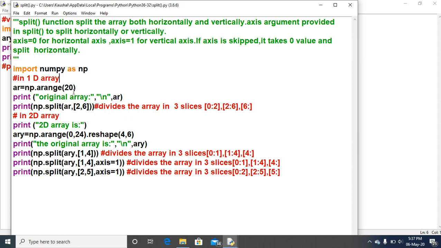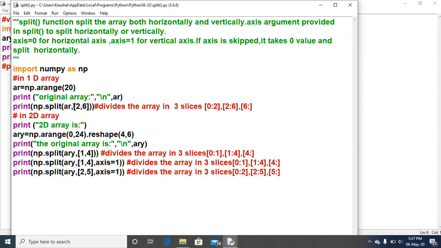So AR will be displayed here, 0 to 19. And here the main thing you need to concentrate on is np.split. As we used np.vsplit and np.hsplit, here we will be using np.split.